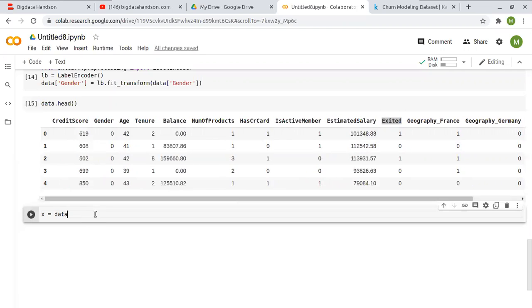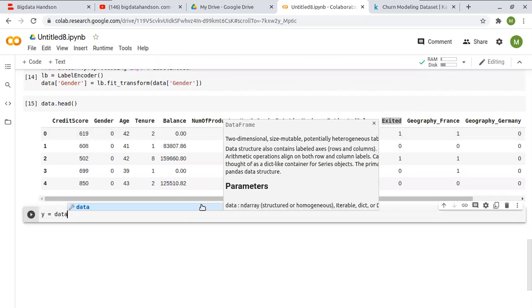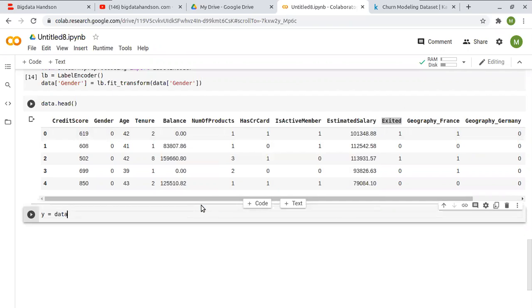I'm going to select the columns except the Exited column. One way is to drop it, but before dropping you have to assign the Exited column of the dataset to the y variable.